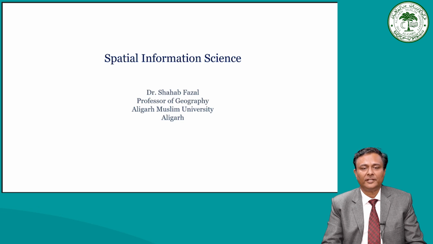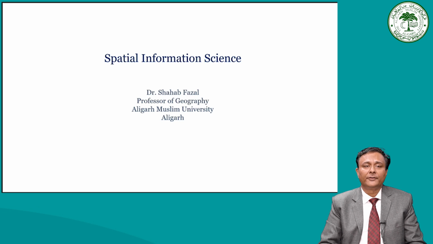Because spatial information helps us to distinguish one place from another and to make decisions for one place that are appropriate for that location. Spatial information allows us to apply general principles to the specific condition of each location. It allows us to track what is happening at any place and helps us to understand how one place differs from another. So with this background,